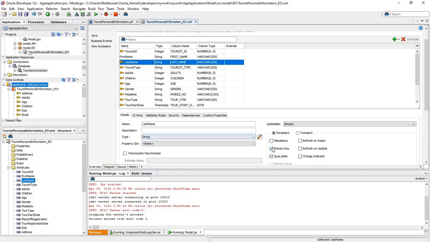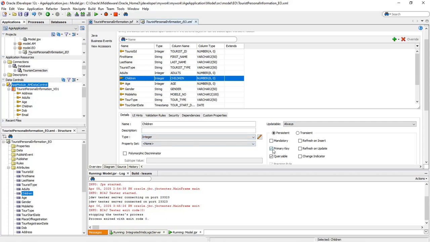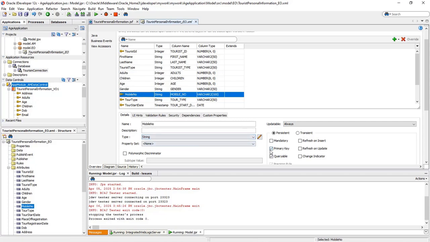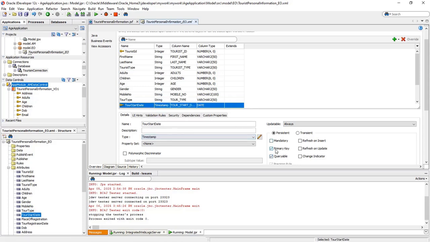For the next column also you can cancel. Select the column and uncheck the primary key box. Gender, mobile number, tourist start date,